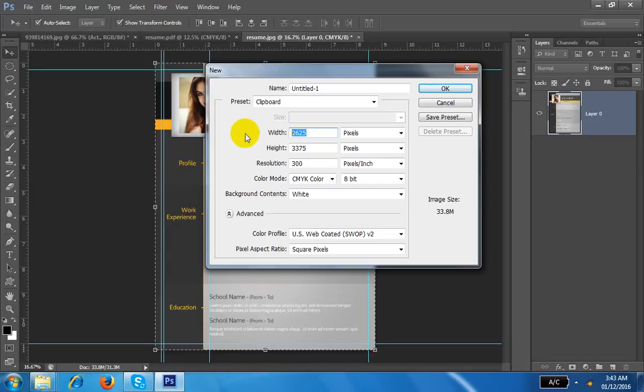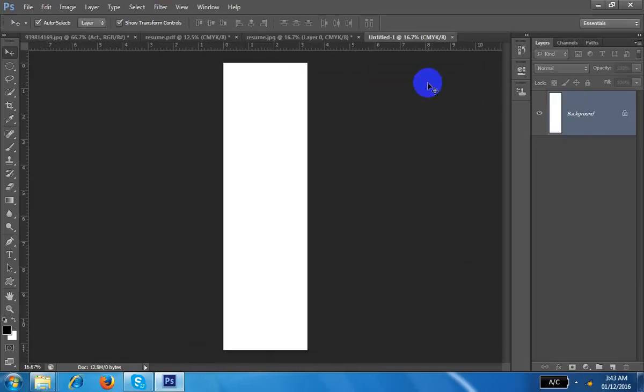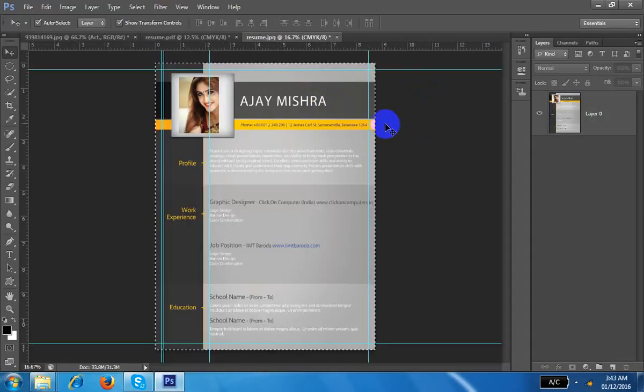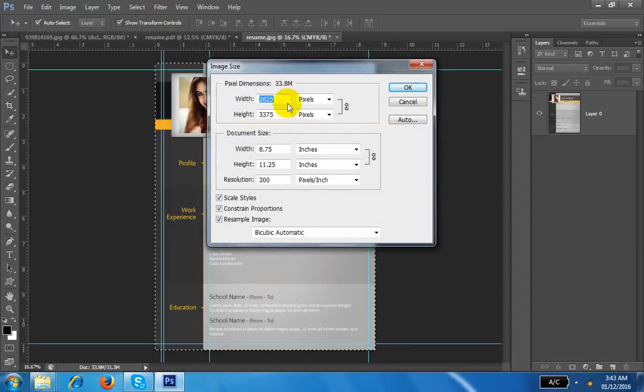So go there and make it 1000. Okay, suppose Control Z. This is the note. In this document, I want to make it 1000. Control Alt I. Same pixels are there, height and width. Okay. And what I need, this is inches. Make it pixels.